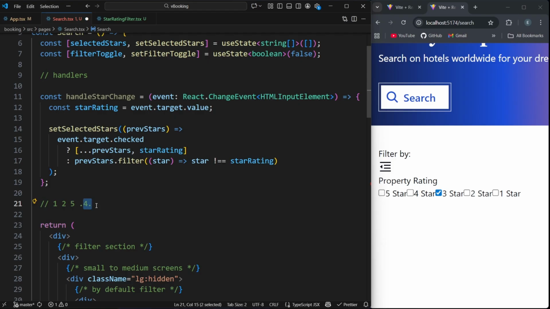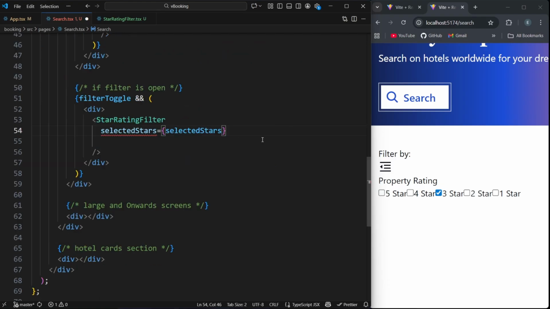Then it will check the fourth star checkbox, but it is equal to the one the user has unchecked. The test returns false and it will filter out the fourth checkbox, and we will only have first, second and fifth checkbox in this state. I hope it's clear. Our star rating filter component receives selected stars, that is the current selected ratings, and it will also receive onChange,